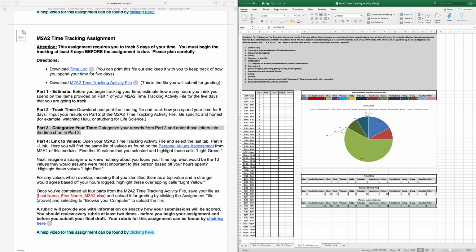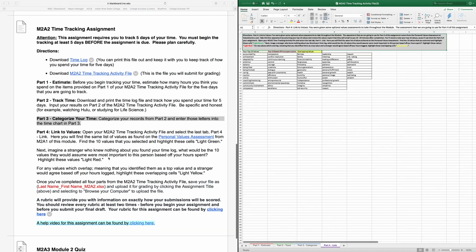Once this is fully completed, you'll have a beautiful visual idea of how you spent your time based on the circle graph here, and that will wrap up part 3 of the assignment, leaving us with one final part. Okay, lastly, we're going to do part 4, which is link your time spent to your values. So on part 4, you're going to find